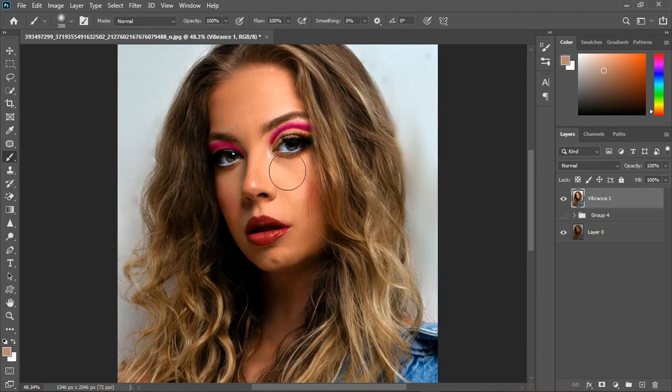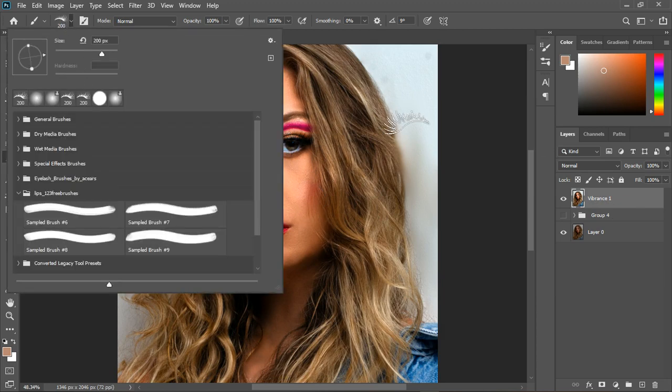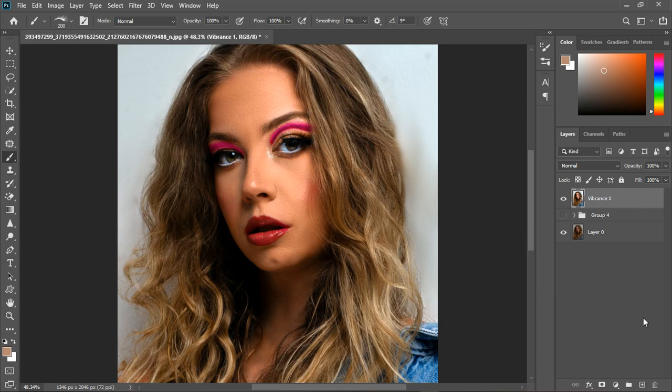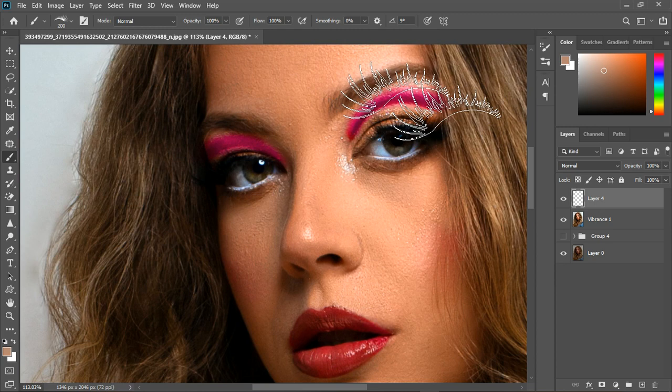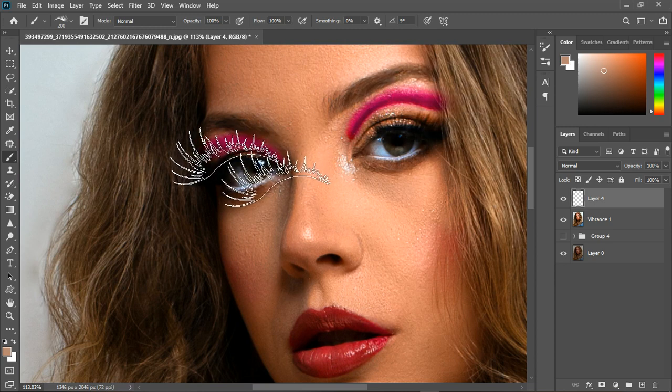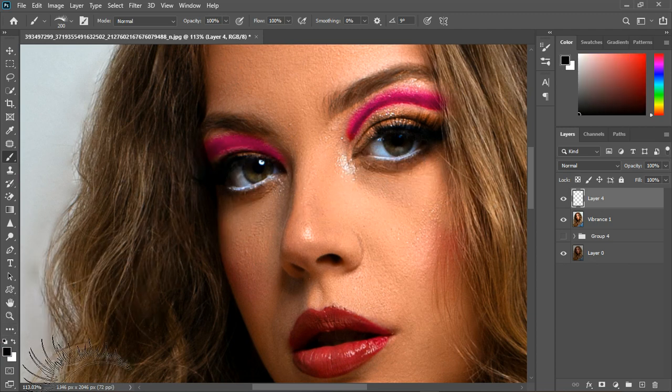So one thing I'm also going to add quickly as a bonus tip is the eyelashes. So I got some eyelashes too here, and I'm just going to create a new layer and add that to it. So let's position it very well. Make sure the eyelashes there is black, so we're going to use that one. I'm just going to paint like this, and Ctrl Z, make sure the foreground color is black, and I'm going to paint